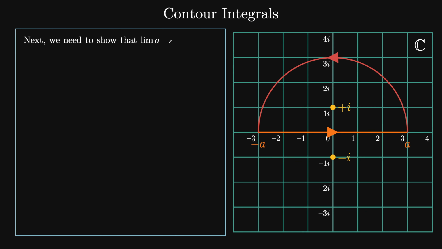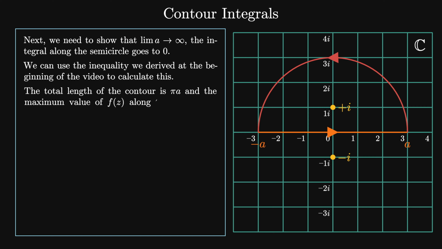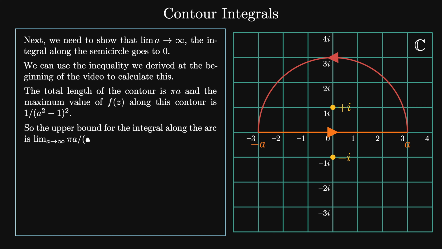Next, we need to show that in the limit that a goes to infinity, the integral along the semicircle goes to 0. We can use the inequality we derived at the beginning of the video to calculate this. The total length of the contour is pi times a, and the maximum value of f of z along this contour is 1 over (a squared minus 1) squared. So the upper bound for the integral along the arc is the limit that a goes to infinity of pi a divided by (a squared minus 1) squared, which equals 0. This means that the integral from minus infinity to infinity of 1 over (x squared plus 1) squared dx equals